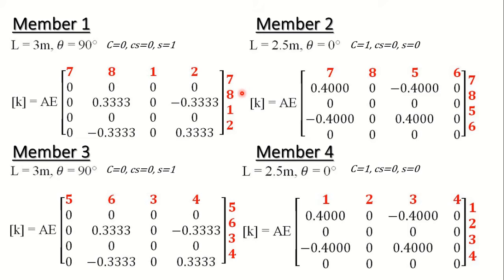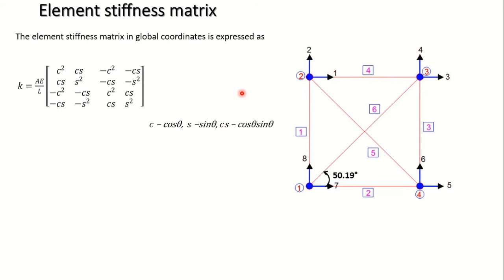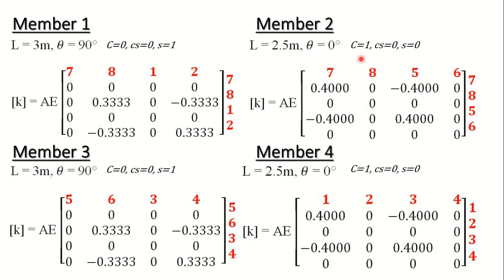So again, I'll be taking this relation of the element stiffness matrix for the truss element, which is given by AE by L, into this matrix containing these terms of cos square theta, cos theta sin theta, and sin square theta. I'll be using the values of these trigonometric ratios, and I can obtain the element stiffness matrix over here. So L has been multiplied here. So 1 by